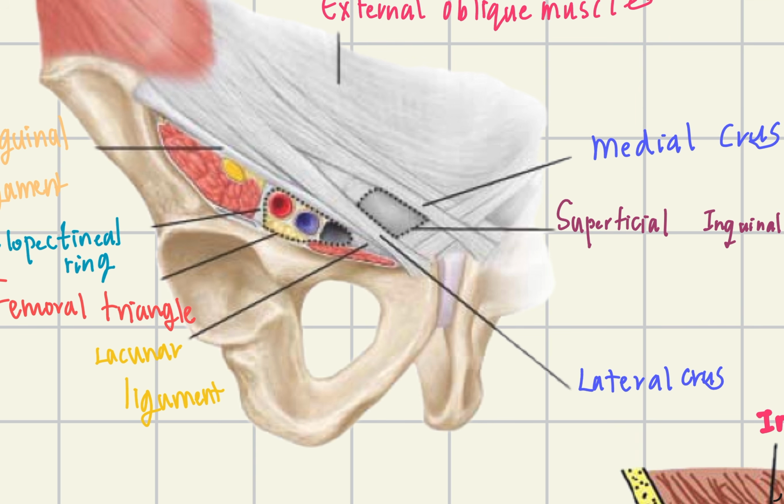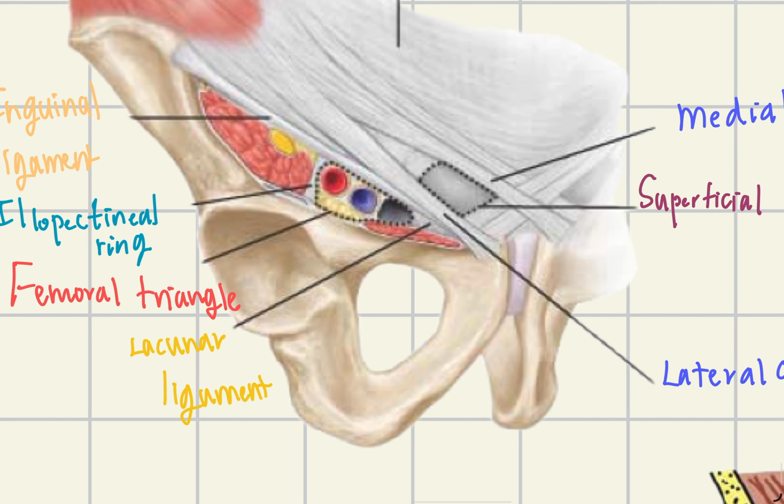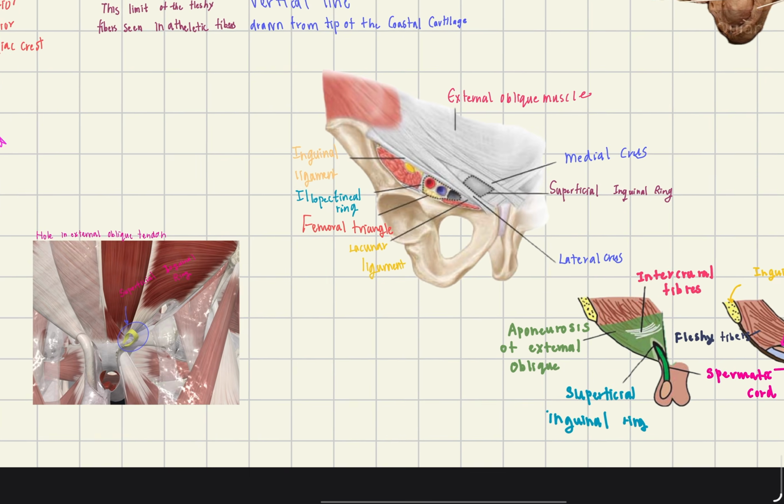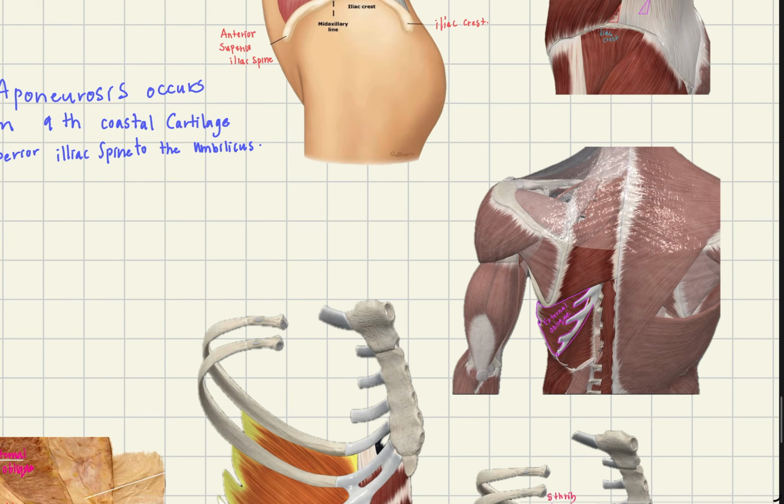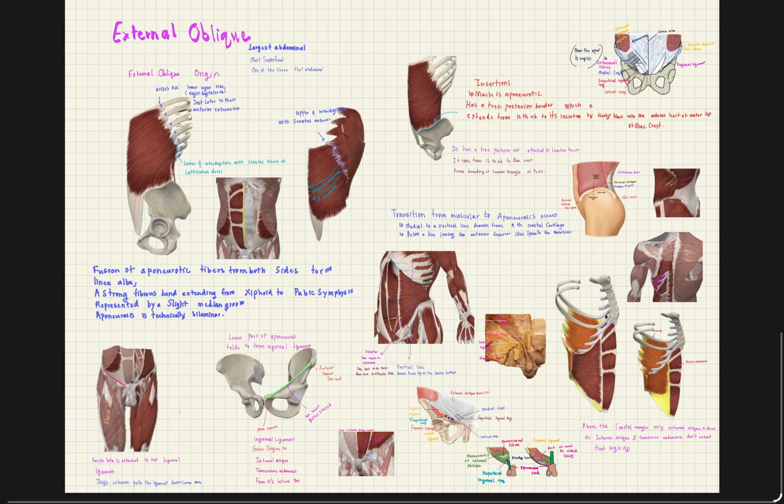So at the medial end of the inguinal ligament, the triangular lacunar ligament extends horizontally. There's something called the lacunar ligament as well. It extends from the medial end of the